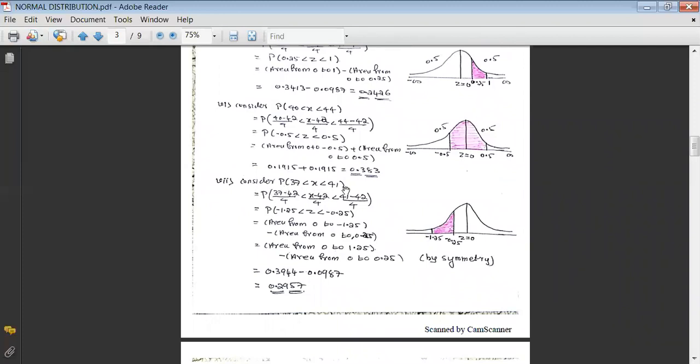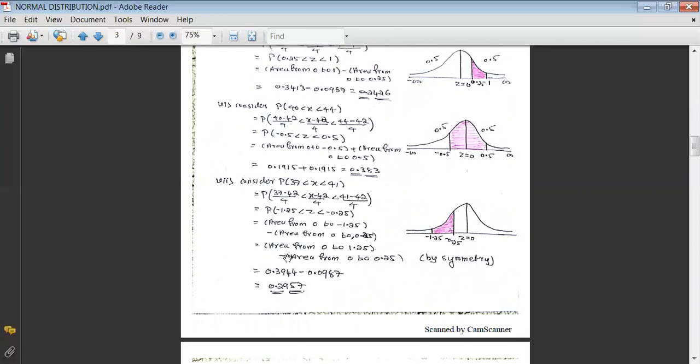And now let us go for the last one, where we have to consider the probability that the normal variable lies between 37 and 41. If you subtract the mean throughout and divide by the standard deviation, you will get minus 1.25 is less than z, that is less than minus 0.25. When you go far away on the left side, the values will go on decreasing. That's why first I will take minus 0.25, then minus 1.25, and we want the area between these two, and this can be written as area from 0 to minus 1.25 minus area from 0 to minus